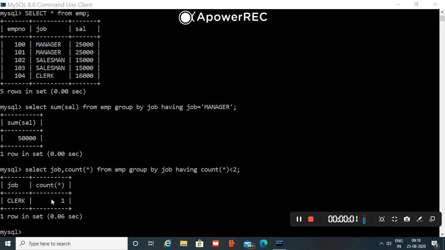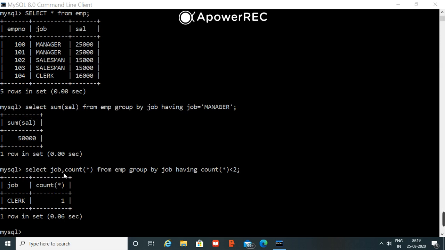Now we are going to see the second use of the having clause with the aggregate function. Here I want to see the designation or the category where fewer than 2 employees are there.